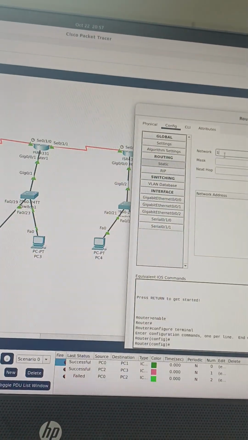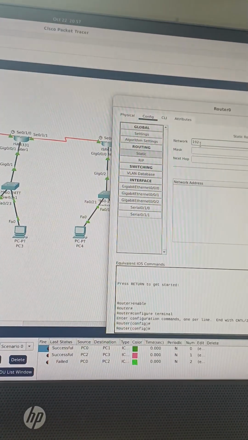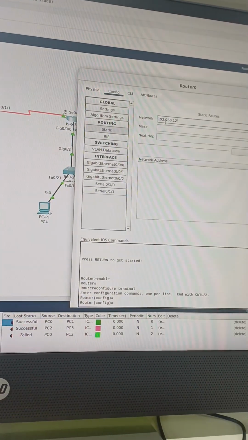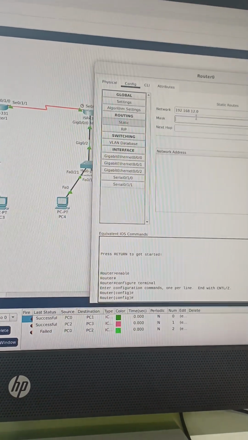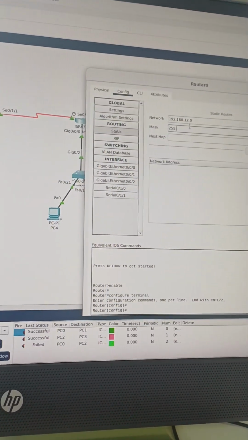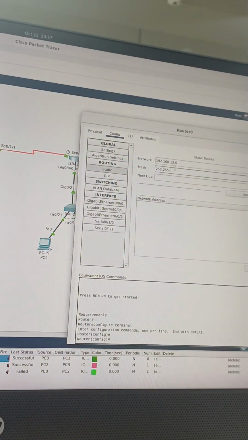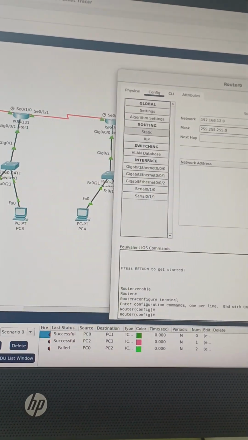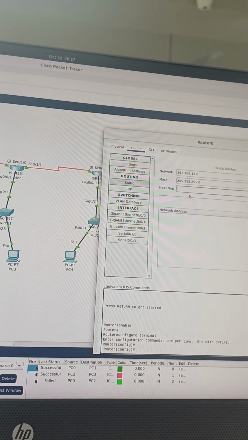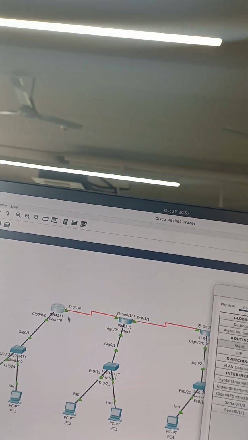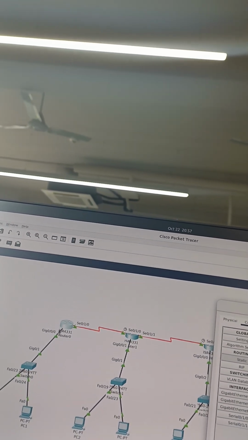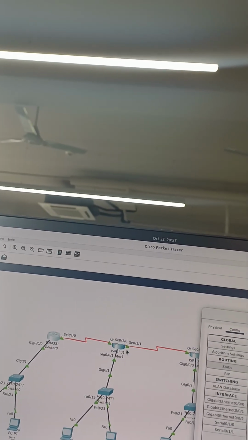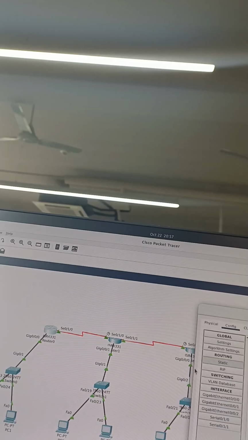168.12.0. And the subnet mask here will not come automatically. We need to enter 255.255.255.0. And now here, this is the process, we need to concentrate on the next hop. So the next hop over here will be from here. If you're over here, the next hop will be this, and after that the hop will be this, and